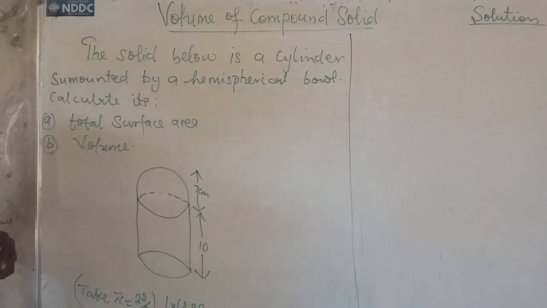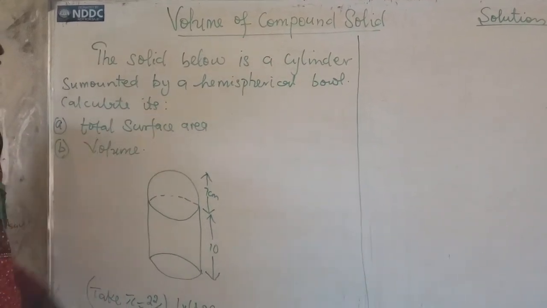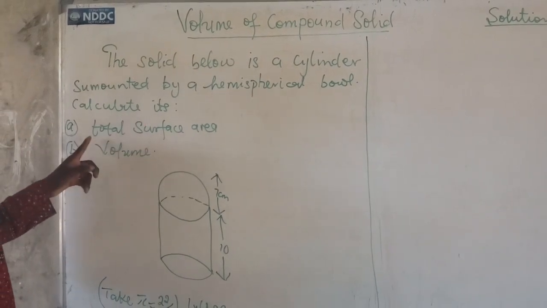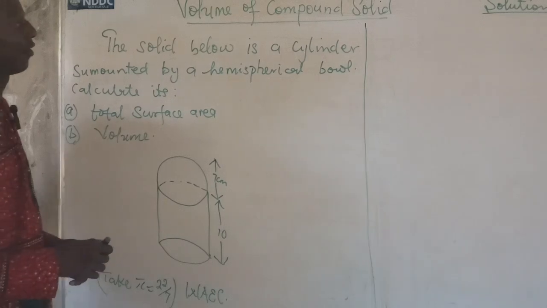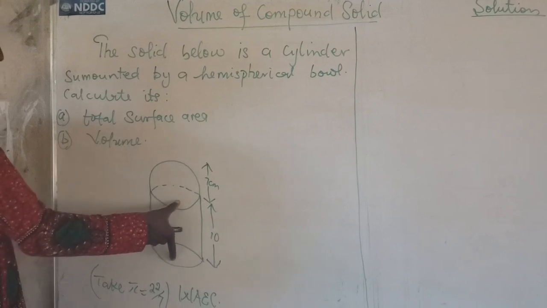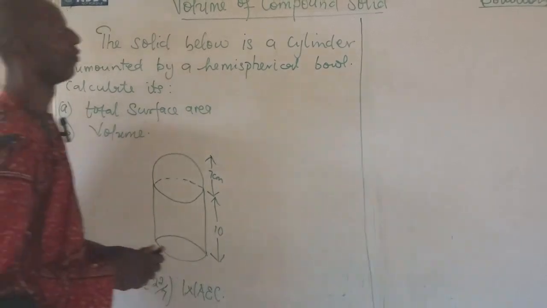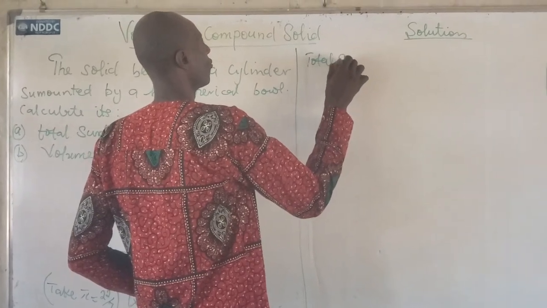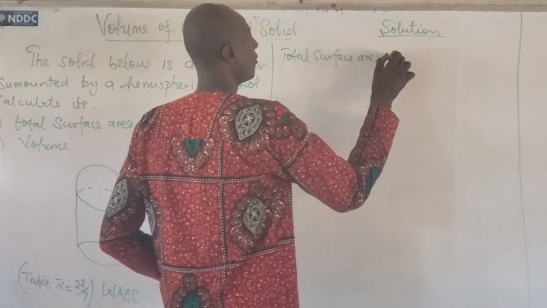Say the solid below is a cylinder surmounted by a hemispherical bowl. Calculate A, its total surface area and B, the volume. Now, this is a hemisphere and this is a cylinder open at one end. So now, what is the total surface area? The total surface area of the solid